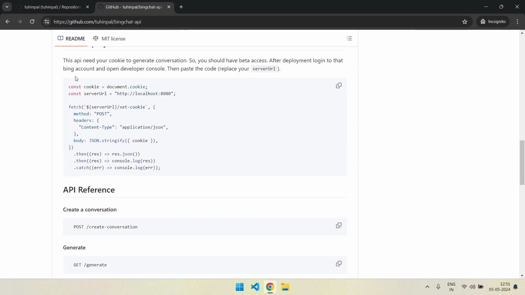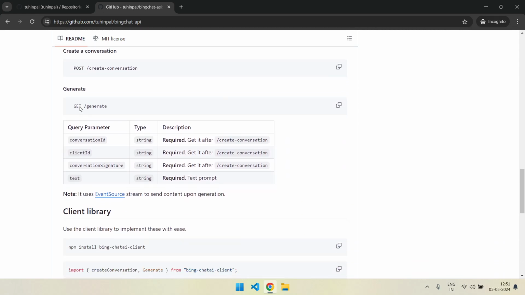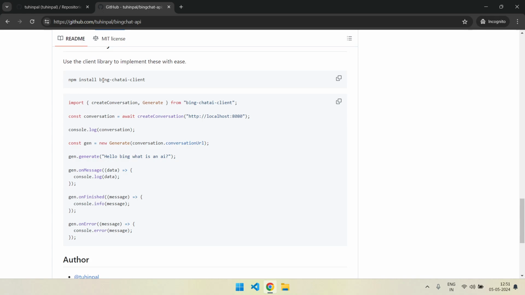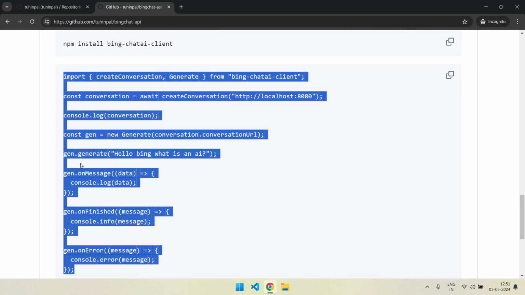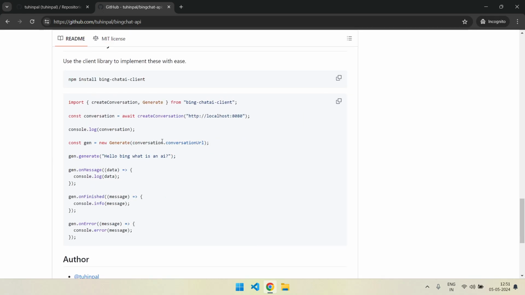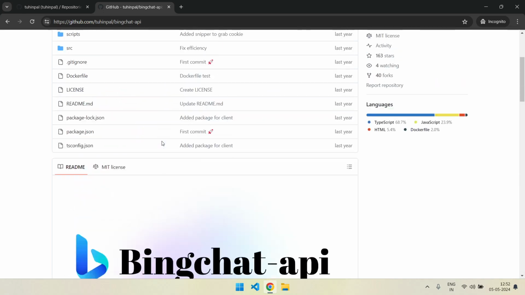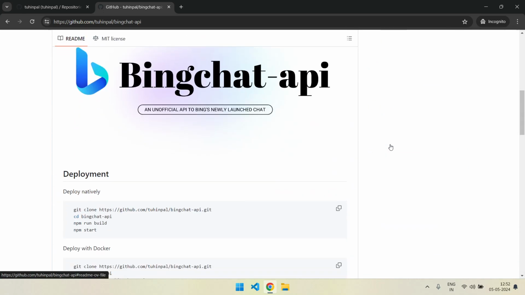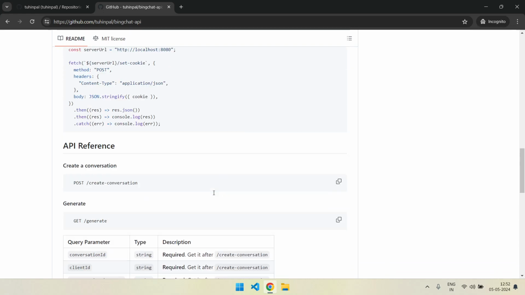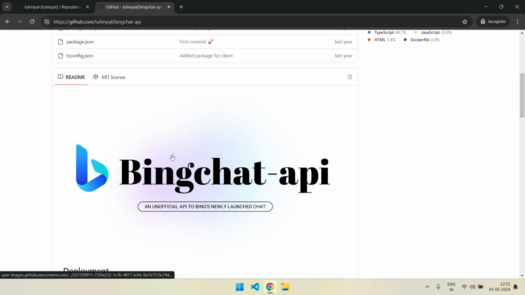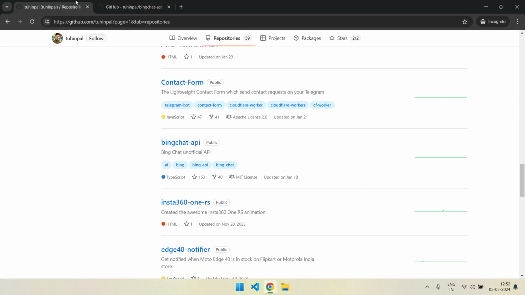There's a Docker and usage is also very simple, so let me show you. I created a package where in just one line you can make a request to Bing. This project is also good, and it has 163 stars, but I am not maintaining it and I don't know if it is working or not, but yeah, this is also a good project maybe.